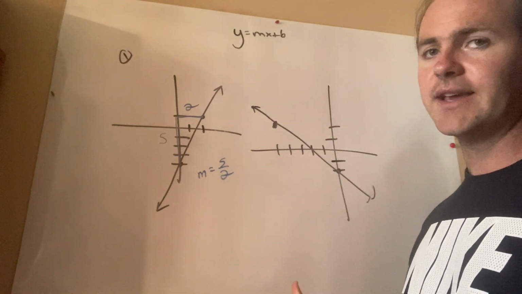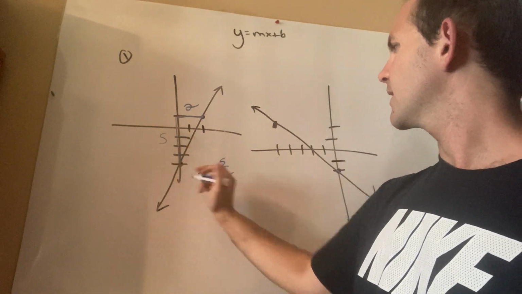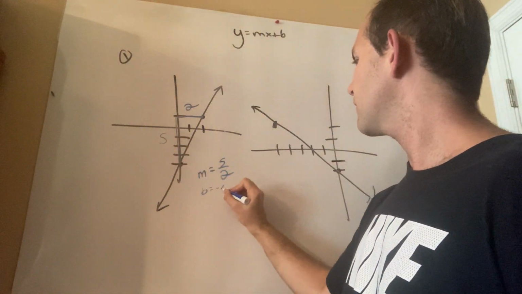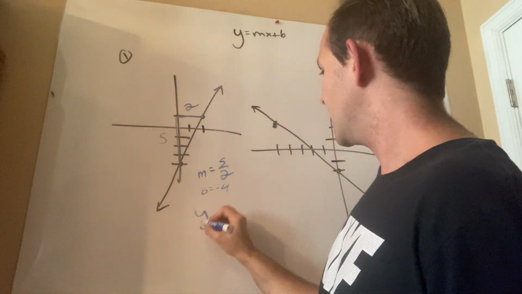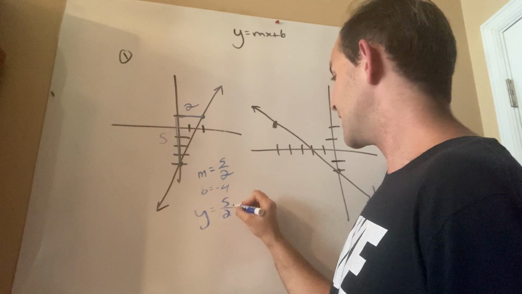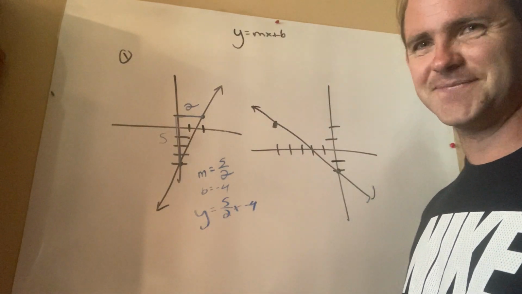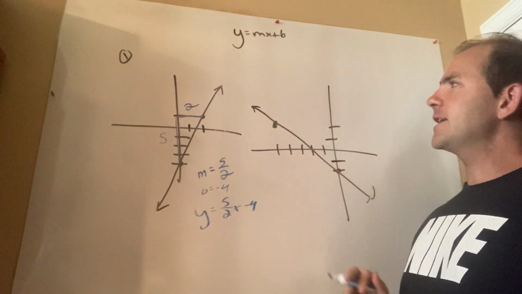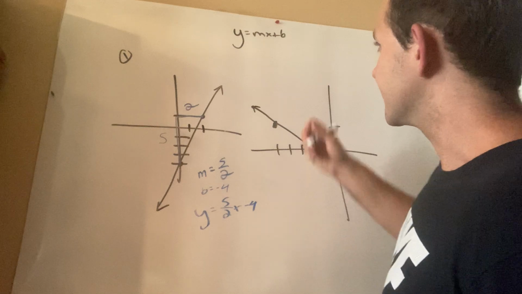Similarly, I can read the y-intercept right off the graph. Y-intercept is -1, -2, -3, -4. So b is -4. Thus, the slope-intercept form equation would simply be y equals 5/2 x minus 4. Easy peasy. A slight variation on this is found in example number 2, because instead of rising, this line is